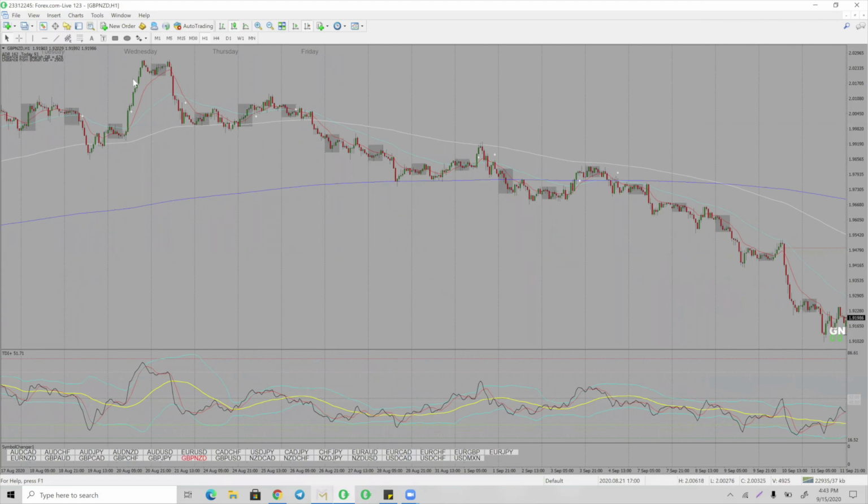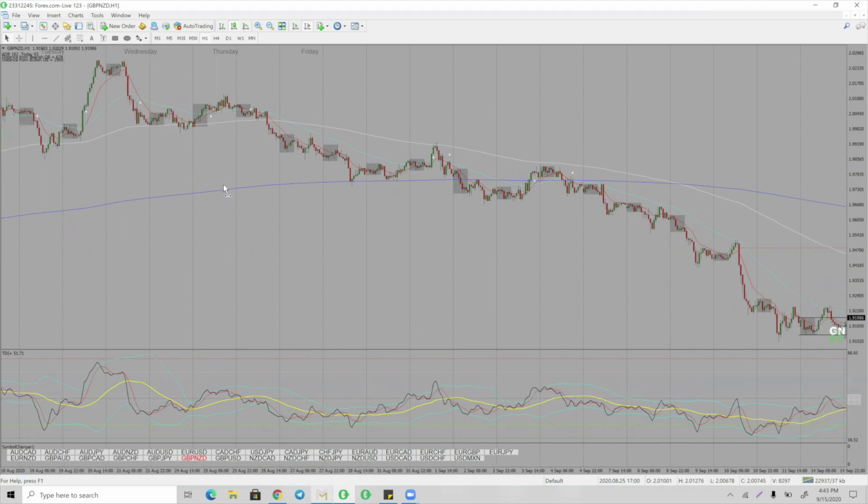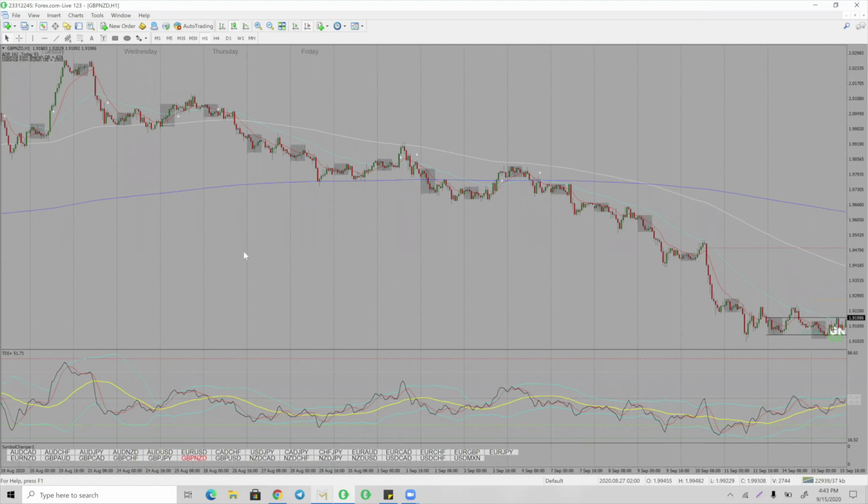So as you can see, here's that peak that I was just showing you. Here we had that 1 PFH after the weekend, and boom, we're off to the races. Now we're only looking for shark fins to the upside, right? And now let me show you something here. If we were to take, say, this shark fin right here, which isn't much of a powerful shark fin, but as you can see,